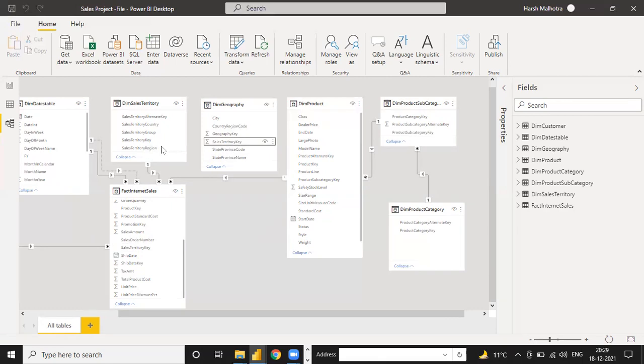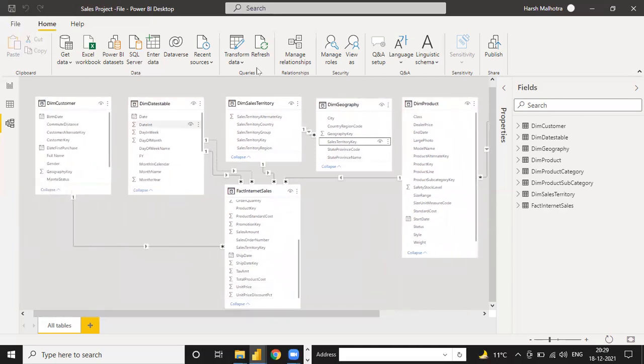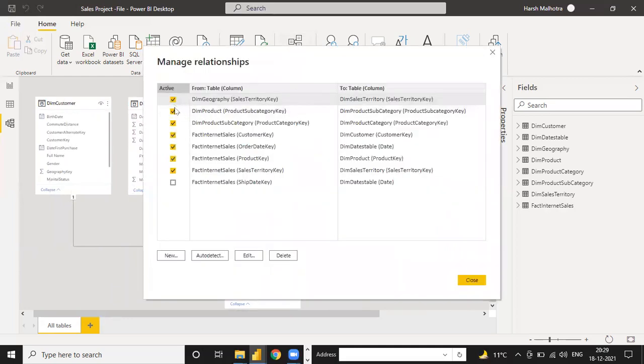Now if you connect this, see it is connected with this. Then geographical to sales territory and sales territory to this. So all the relationships are okay now. If you go to manage relationships, I can give you the count: 1, 2, 3, 4, 5, 6, 7.